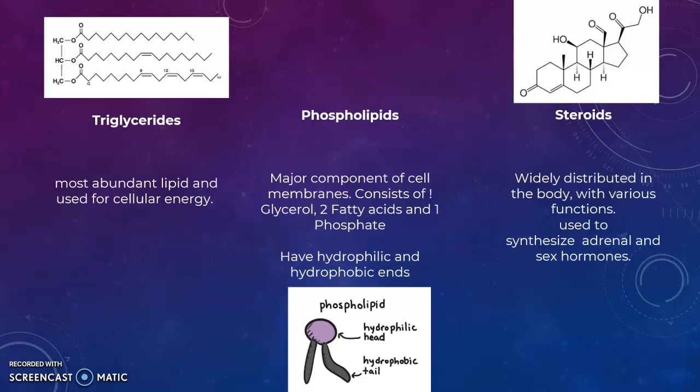Triglycerides are the most abundant lipid and are used for cellular energy. Phospholipids are major components of cell membranes, consist of glycerol, 2 fatty acids, and 1 phosphate, and have a hydrophilic and a hydrophobic end. Steroids are widely distributed in the body with various functions, used to synthesize adrenal and sex